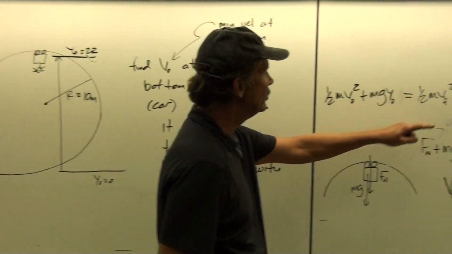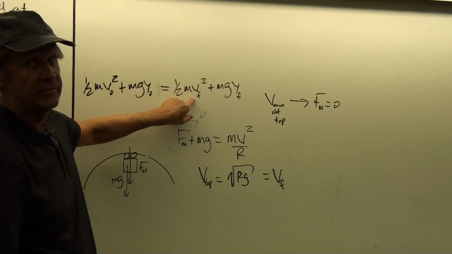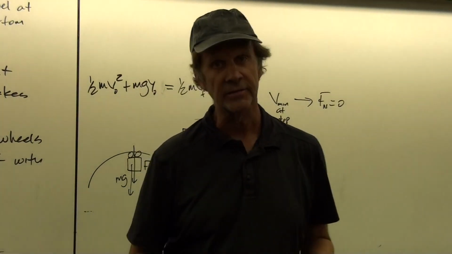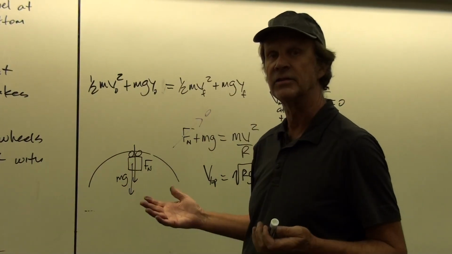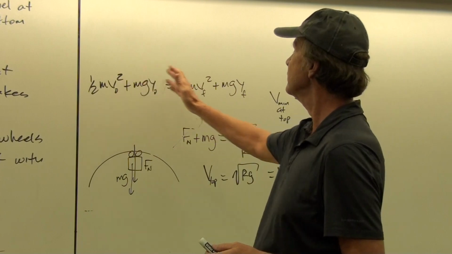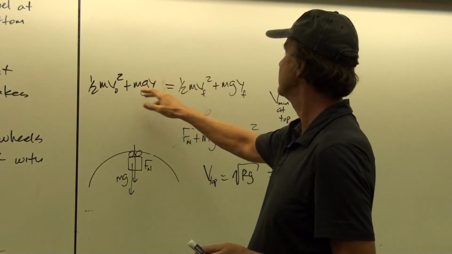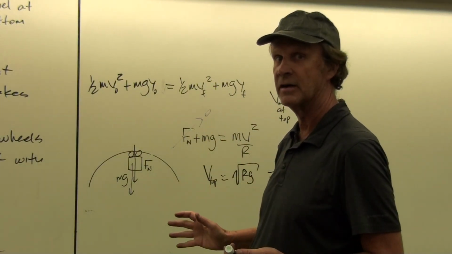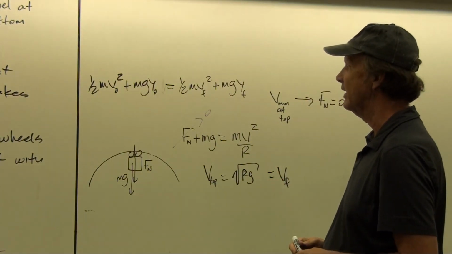Okay, so it's actually 2 equations that we need, and you don't want to just go through. And I've seen this so many times before. So I'm just warning you, don't do this, because I've seen a third of the class do this before on exams. They just go through, they write this equation, and they go, the V final is 0 at the top, cancel out that term. They don't ever use the centripetal force relationship. And so that's a major error. And it's something that people do all the time. So make sure you understand why that's not right.